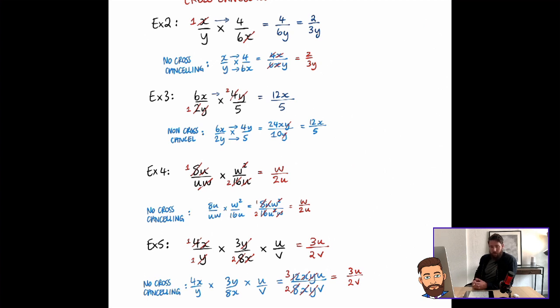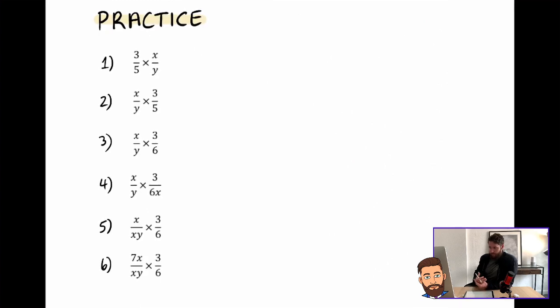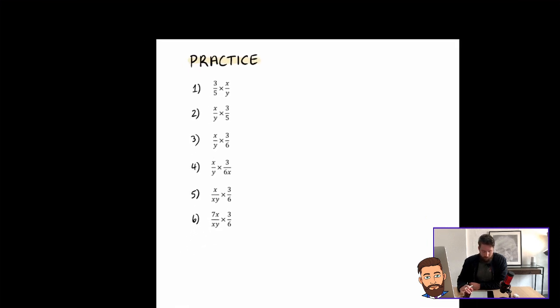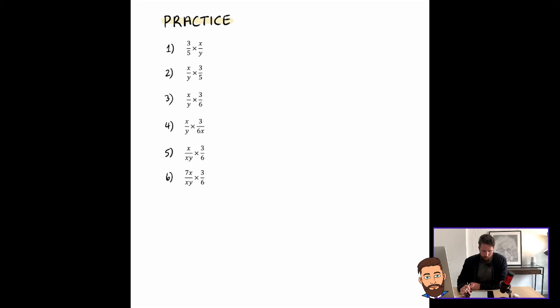So you get to decide which one you prefer. If you're watching it live, you can come back to it at the end. If you're watching it on playback, you can pause the video, have a go, and then move on. But I'll put the link to the answers below, as well as further questions that you can practice with answers. So there's plenty of practice you can do, but just for the time length of this lesson, we'll leave those that you can practice alone, and we'll move on to